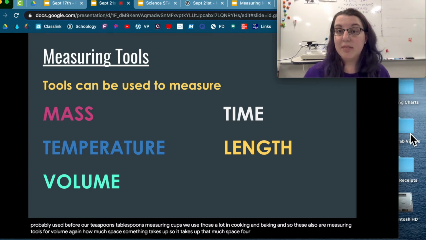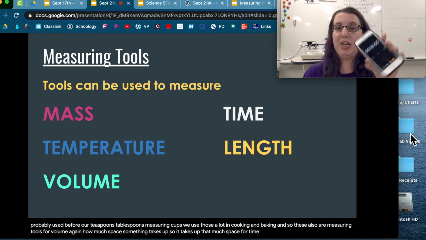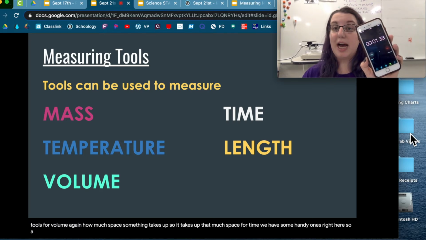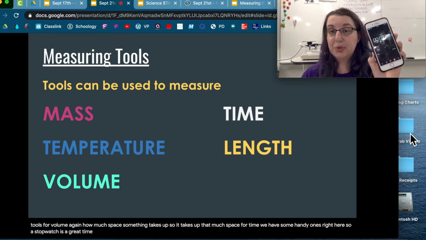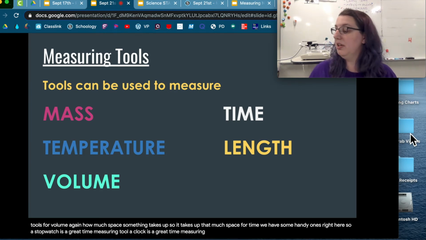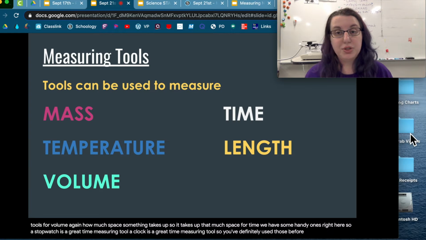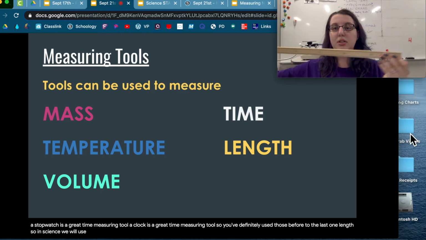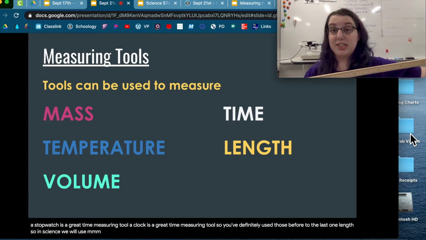For time, we have some handy ones right here. So a stopwatch is a great time measuring tool. A clock is a great time measuring tool, so you've definitely used those before too. And the last one, length. So in science, we will use a meter stick. It's very similar to a yardstick. Meter stick